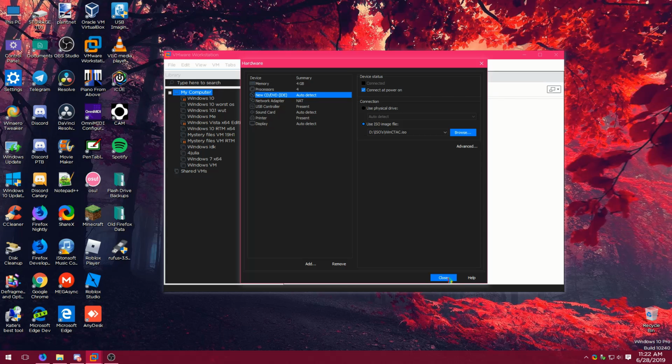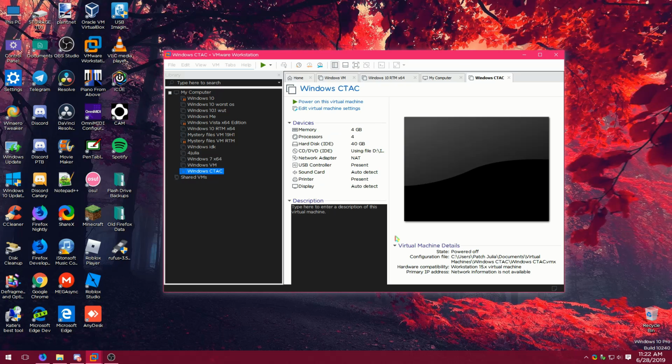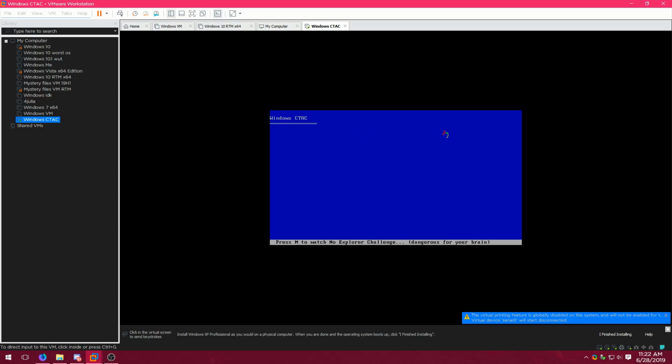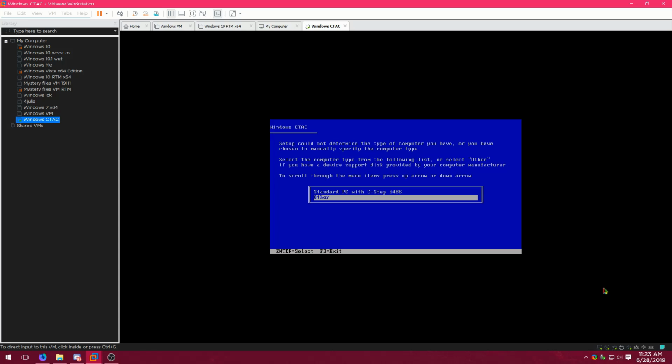Now, I don't know what this is gonna be, because, other than knowing it's a parody of XP, that's pretty much all I know about this ISO. I mean, I'm surprised that I didn't hear more about it. Let's see what this is. Oh boy. For CTAC, does that have to say CTAC compatibility? Because press M to press F to pay respects. What? What is? What? I am so confused. What did I just see?